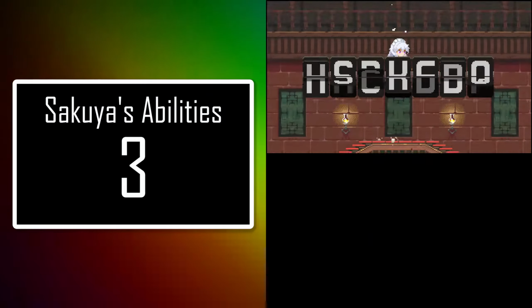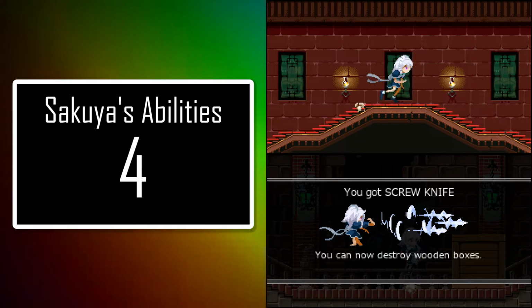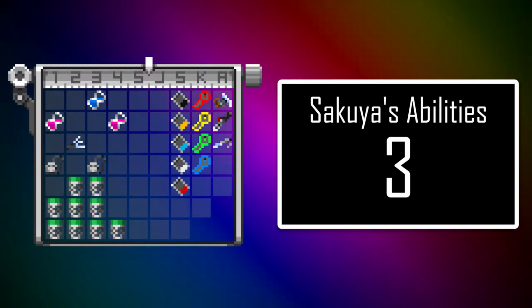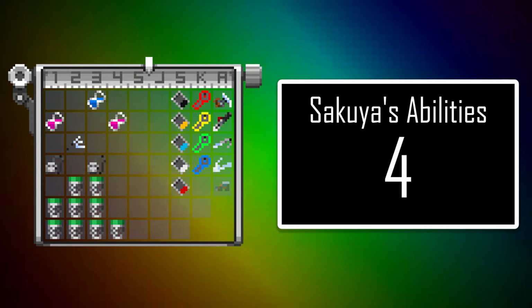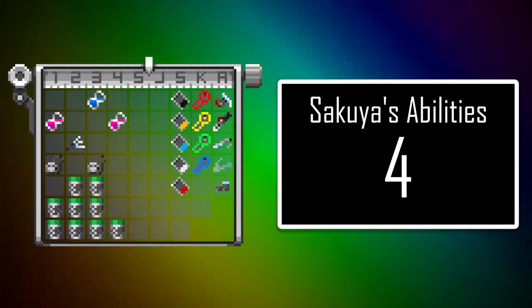Internally, whatever stores Sakia's abilities is some sort of counter. If you get an ability after the grip knife, it will always be the screw knife, because nothing else is available in normal play. So in order to fix our predicament, we just need to get any ability. Of course, there's only one other ability left uncollected, and for that,